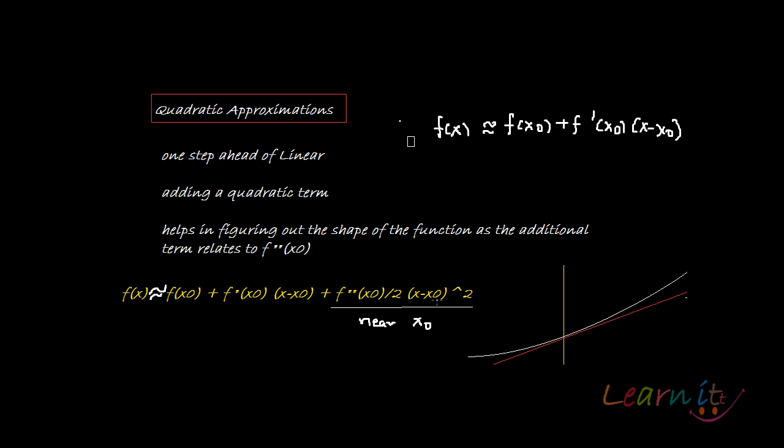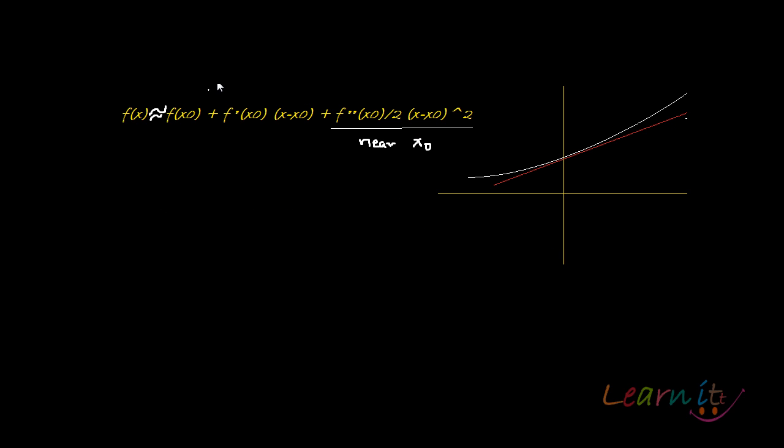Now this additional term, f double dash, the second derivative, actually tells us the shape of the curve, and that's what this approximation tells us. It actually tells us the shape of any curve. So for example, let us take a simple example as we did previously also, e to the power 0.1. Now e to the power 0.1 was approximately what? 1.1. Why? Because e to the power x is approximately 1 plus x around 0,